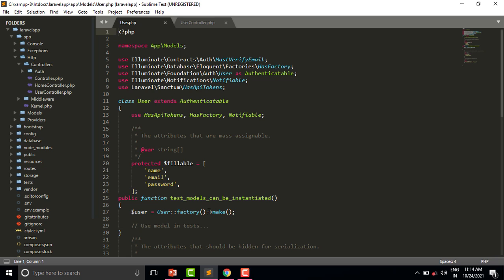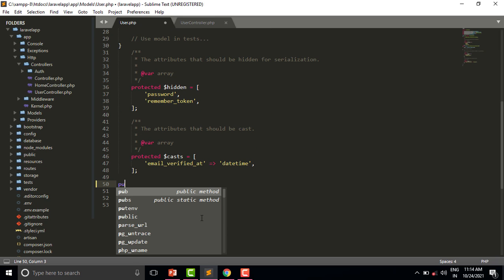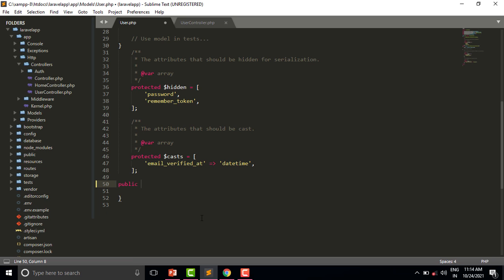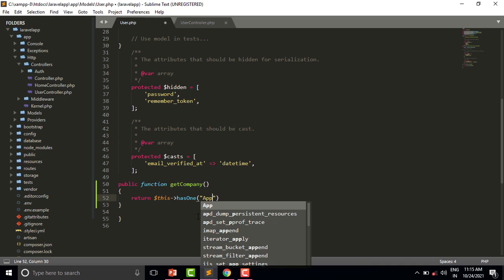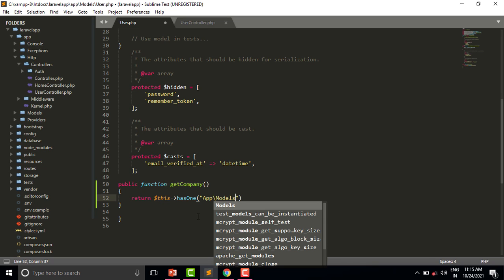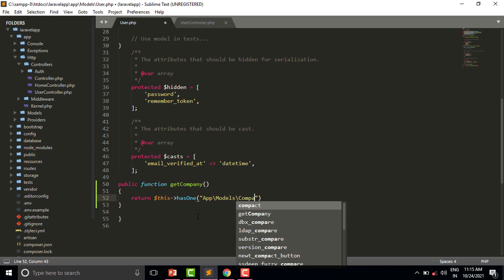So let us create the function. Public function getCompany. Return $this->hasOne, and we will pass the model path, App\Models\Company.